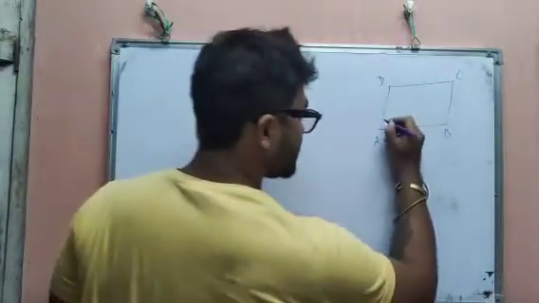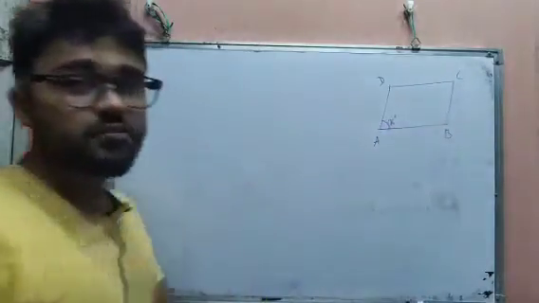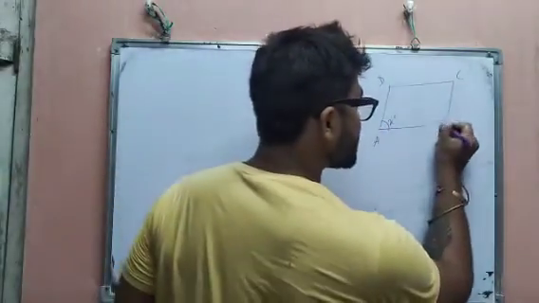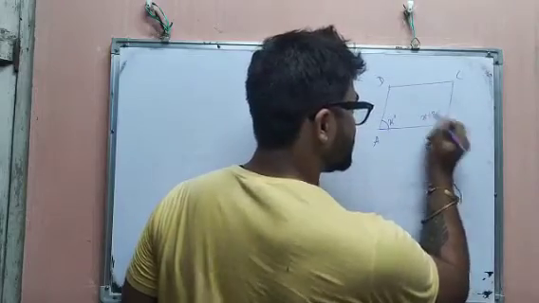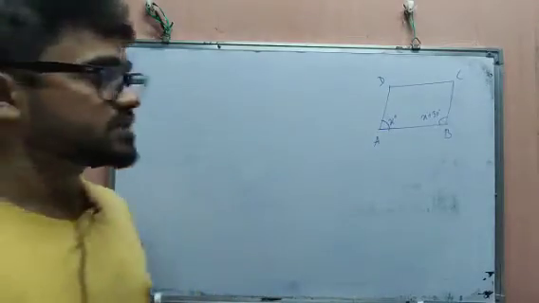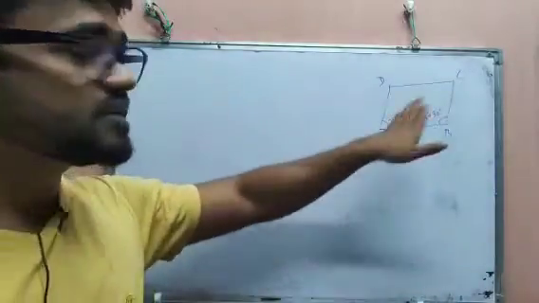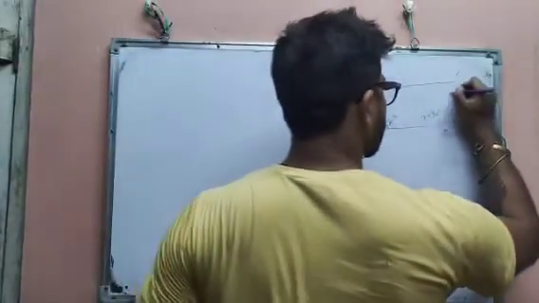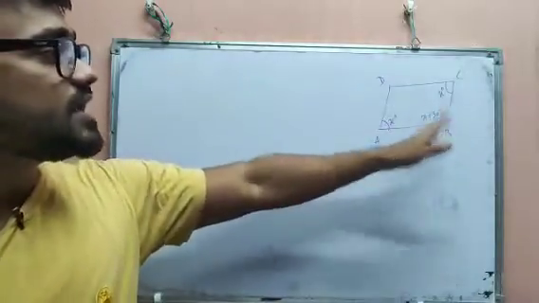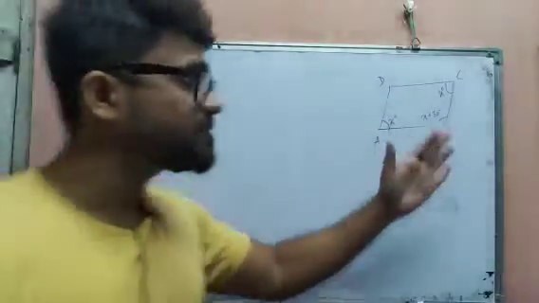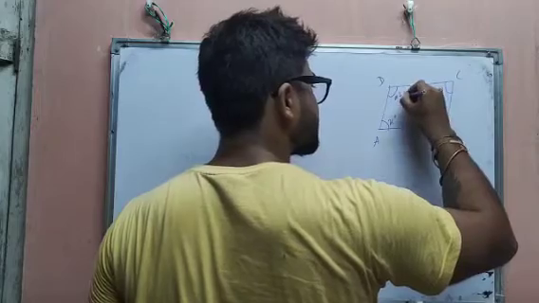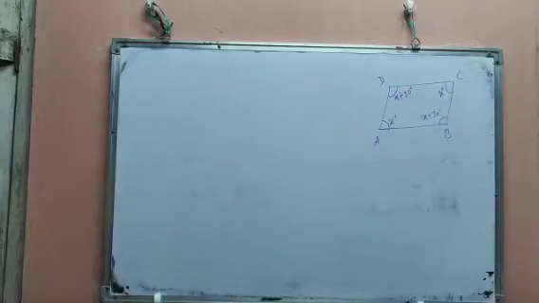So if one angle is x degree, then another angle is 30 degree more than the adjacent angle. That means this will be automatically become what? X plus 30 degree. Why this is become x plus 30 degree? Because this is x degree, so x plus 30 degree, because 30 degree more. And also, you know, this is a parallelogram, so opposite angles are also equal. That means this is x degree and this is also x degree, because A and C are opposite angles. Then again B and D are also equal. Why? Because this is also opposite angles of a parallelogram. So this will be also equal x plus 30 degrees. Okay, so you got that.